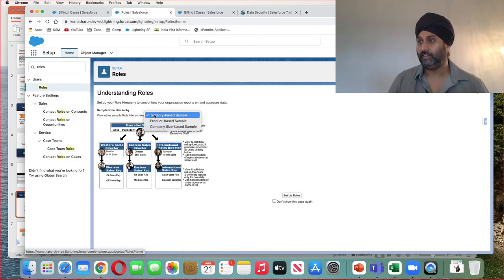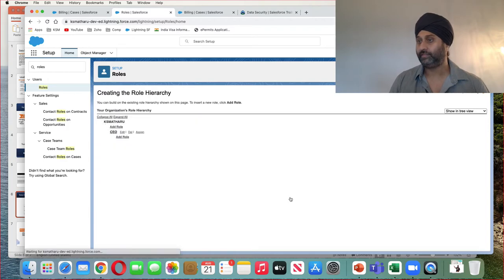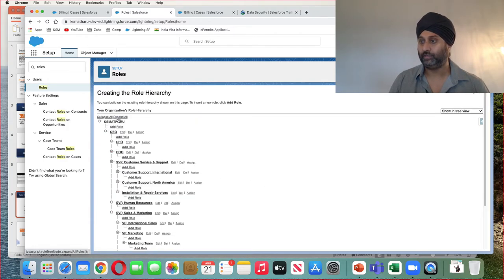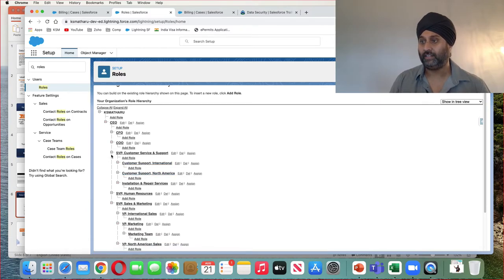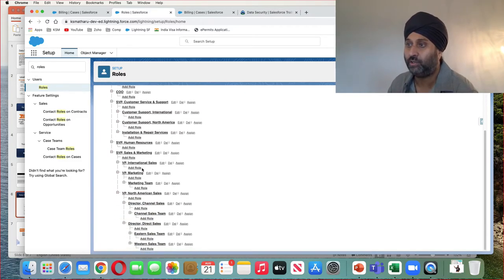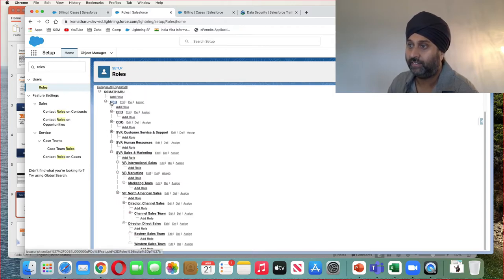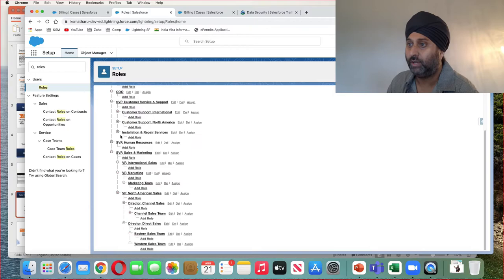okay, and this is where, click here and look, expand all this. So technically, look at this here. This is exactly, I think, the same hierarchy I was showing you. So these are the subordinates at the bottom. Okay, so if I collapse this, no one can see. Now, do I want to make it visible to only this team, customer support international? Yes, you can, but then this person can still see what this guy is doing, but the North America people, customer support North America, they won't be able to see what these guys are doing,